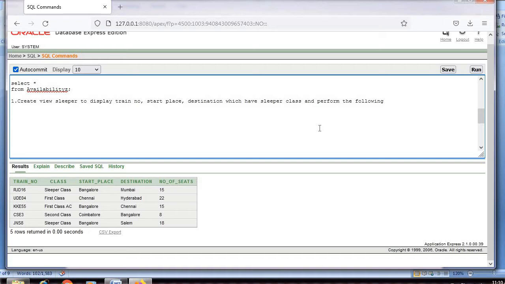First what we have to do is, we have to create a view. We are creating a view by name sleeper. So for that I will write the query first and then I will explain you.